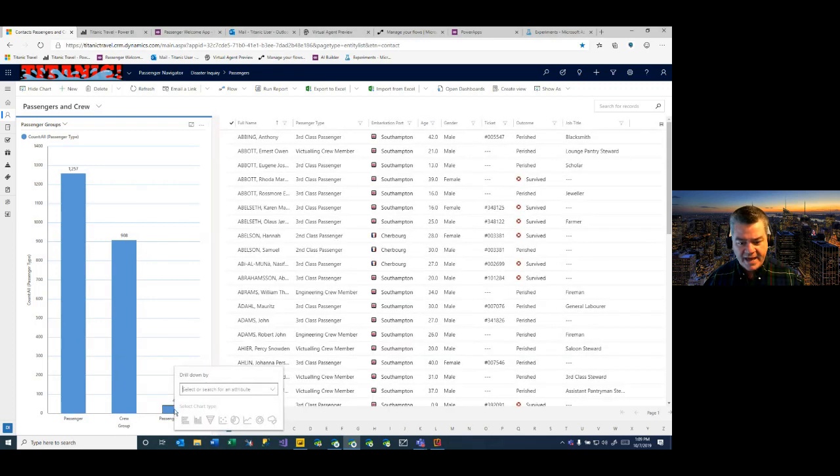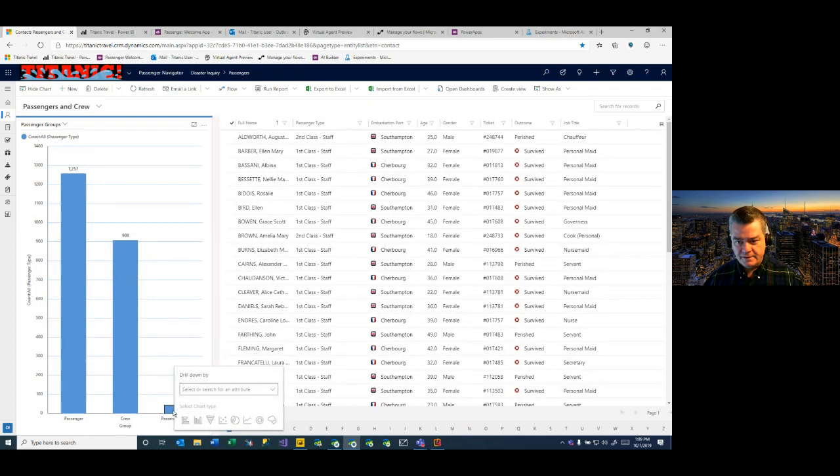So if I filter to that, you'll find that you have people that are chauffeurs and personal maids and governesses. Those are people on the boat that are hired by the passengers to go along, but they're not actually employed by the Titanic itself. So it's kind of a third group. But this inline filtering gives us a lot of flexibility to interact with the data as we go. So it's important to point out, for my case, I'll show some Power BI pieces,